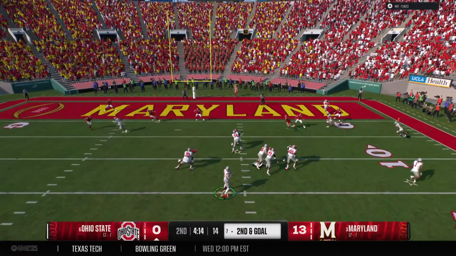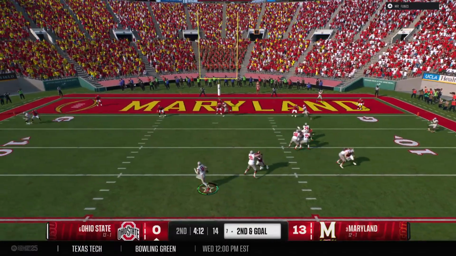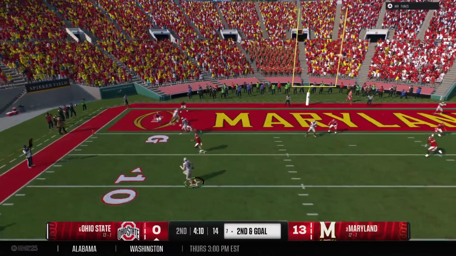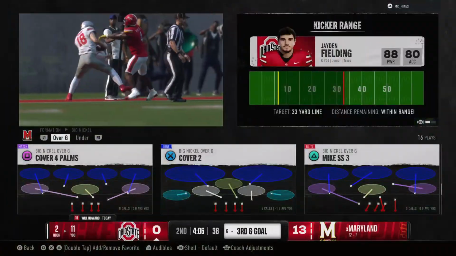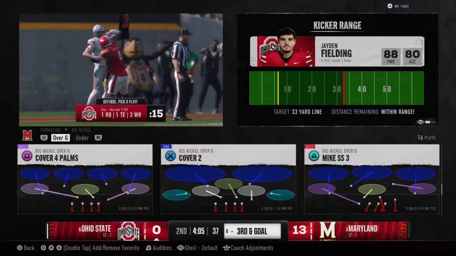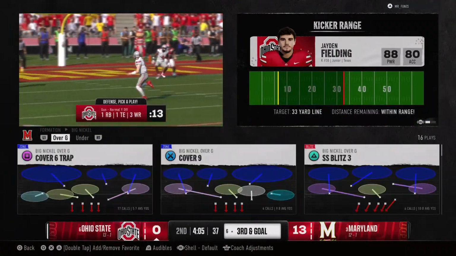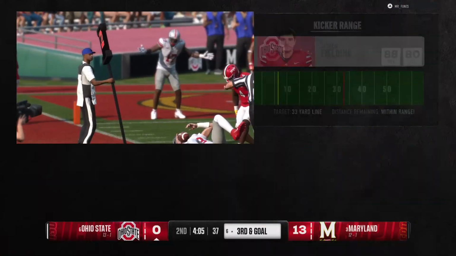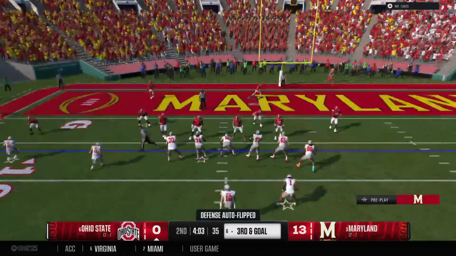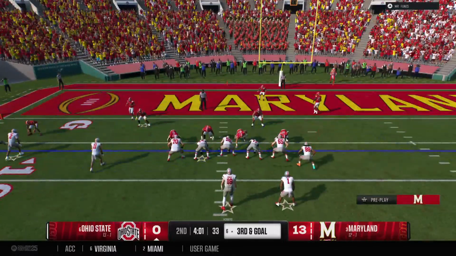Here's the snap. Quarterback drops back. He's moving out of the pocket. And this time the defense is all over the quarterback run. They bring him down short of the marker. Boy, Chris, when he took off on his scramble, I thought he had a chance to maybe get it to the end zone. But the defense does a nice job. Yeah, they gave up a couple yards, but they kept him out of the end zone.